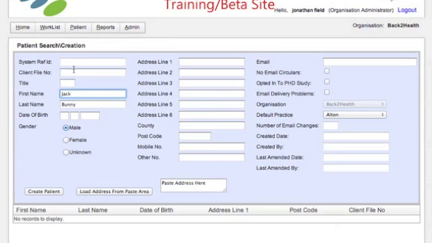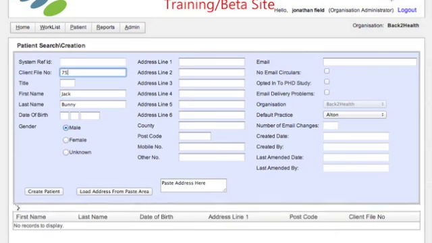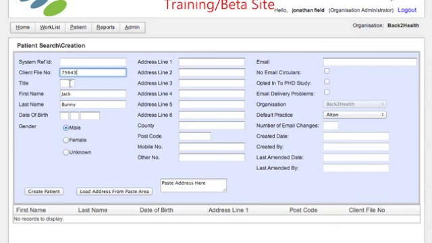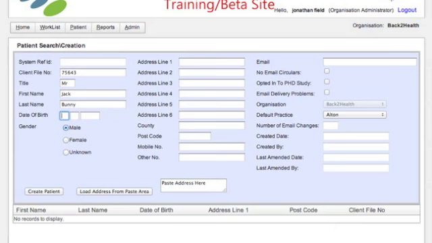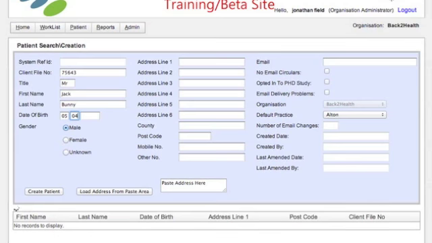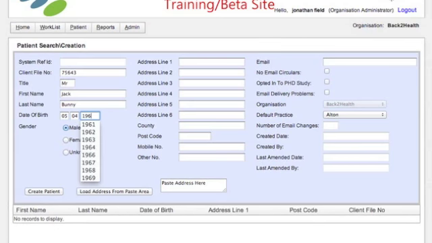exists in our system. Adding a patient's file number, if your clinic uses them, is useful. It's a quick way of finding patients' data, so finding a patient later on if you want to search on them. Entering a date of birth is very important. Because the date of birth is how patients will use to identify themselves when they log in to complete forms